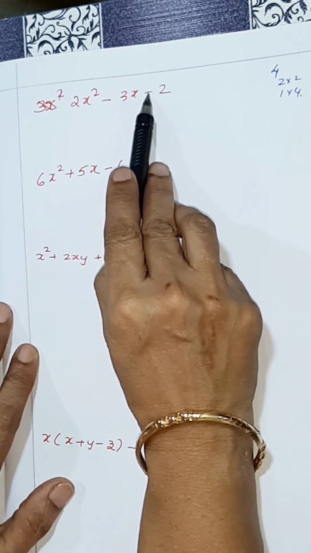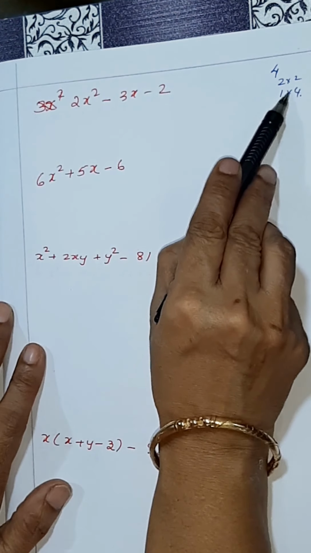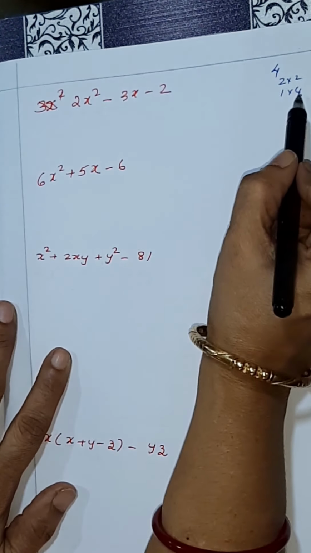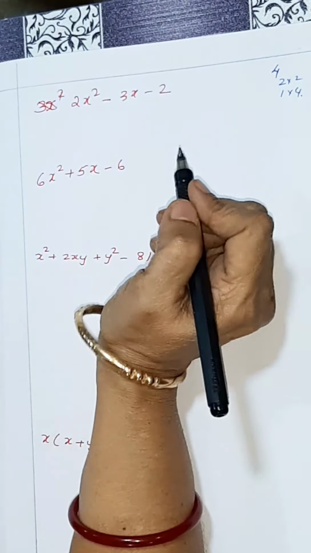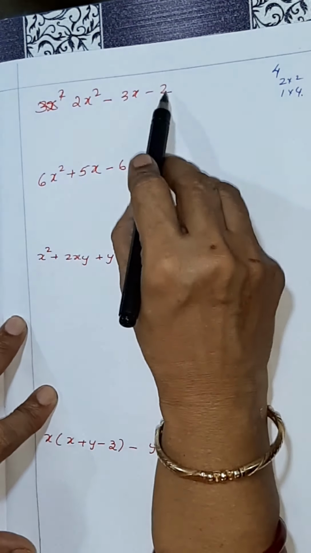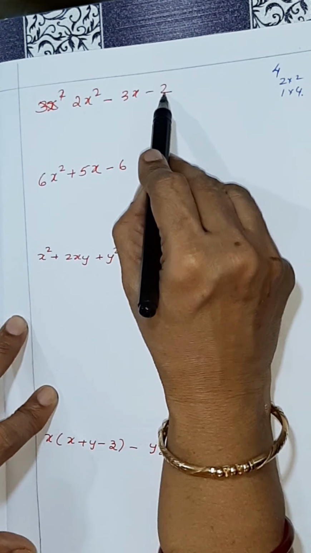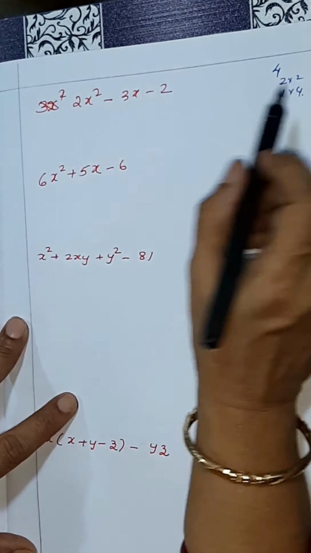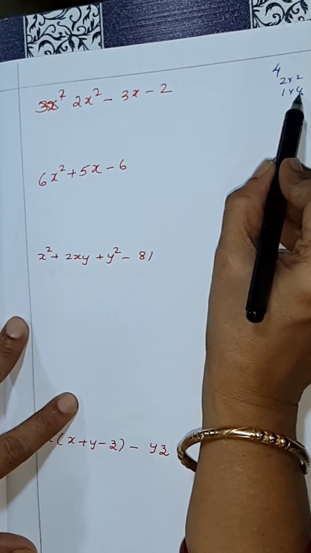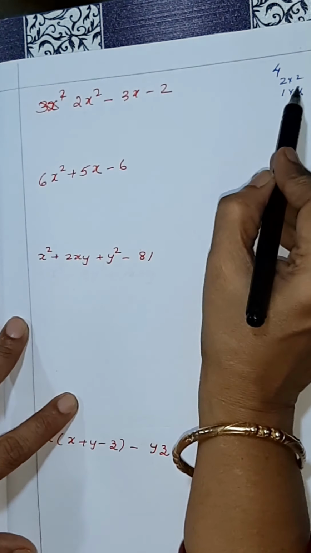Now if you see this is minus. When you have the constant term as negative, that means you will have one of the factors as negative. If both the factors are negative, then if you multiply, this will become positive. But we need this negative. So whenever this constant is negative, you will have one factor as positive and one as negative. Now 1 and 4 are the factors we know, but we have to see which factor has to be taken as negative and positive. Now here this is minus 3x, so we will take minus 4x